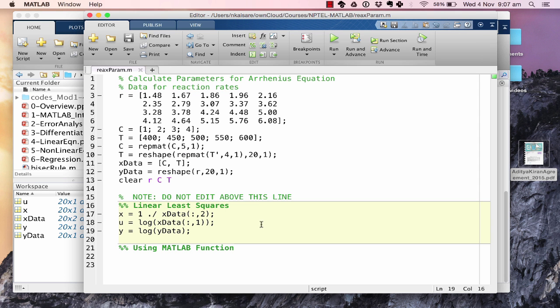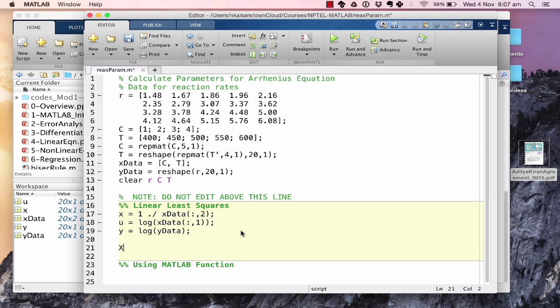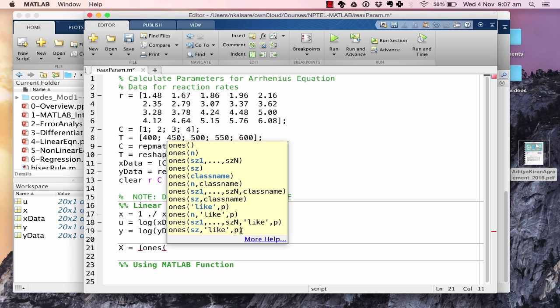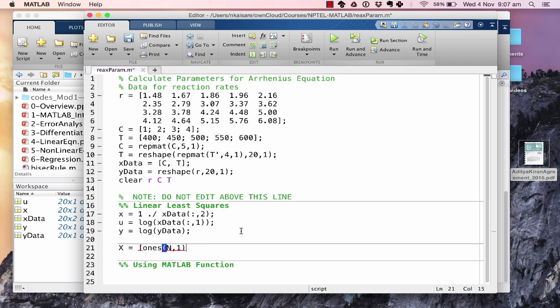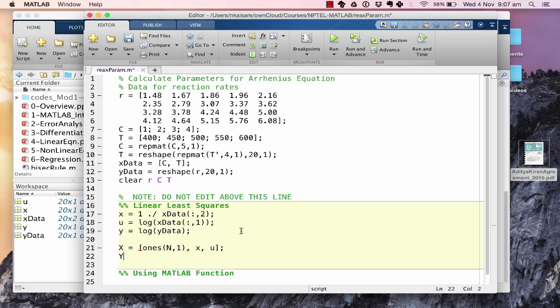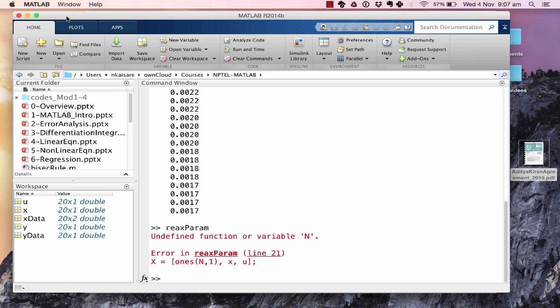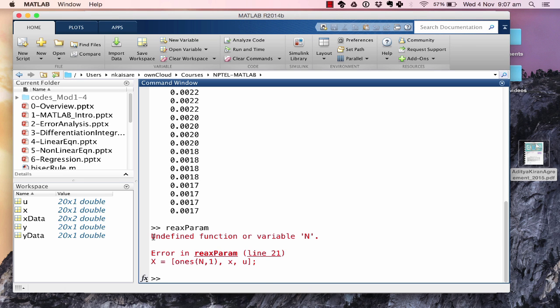Okay, so we have our X, we have our U, we have our Y. So let us construct our big matrices. Our X was nothing but ones, of size n rows and single column. Then we had our X followed by our U. This should give an error, I'll come to that in a minute. Y was nothing but our Y. Let's run this and see whether we get an error or not. Yes, we get an error, and the reason was because our variable n was not